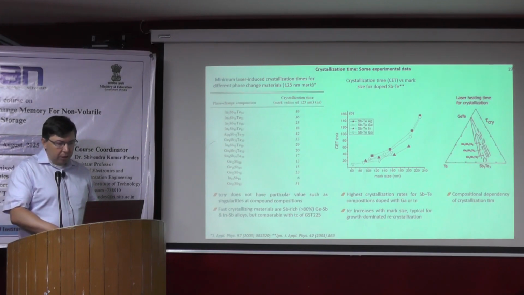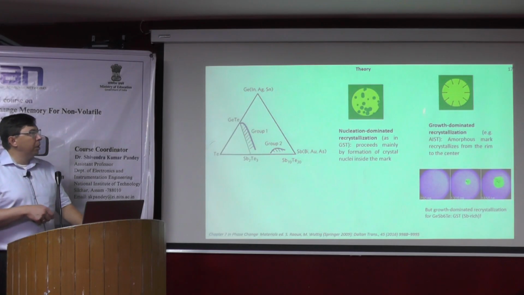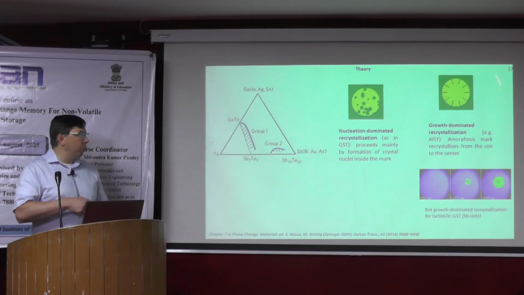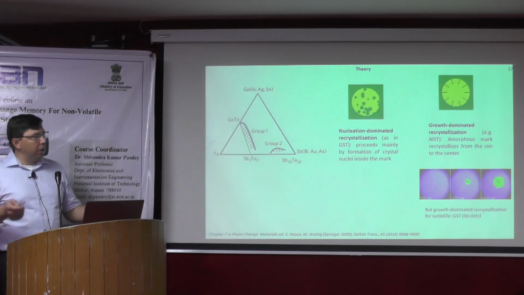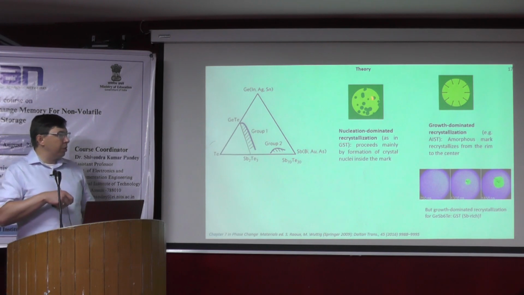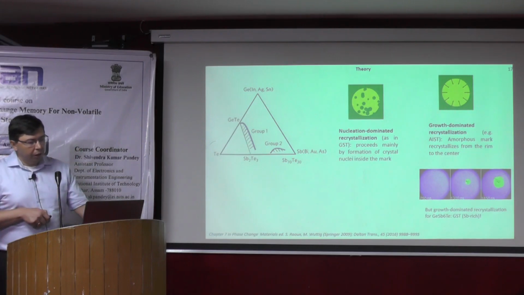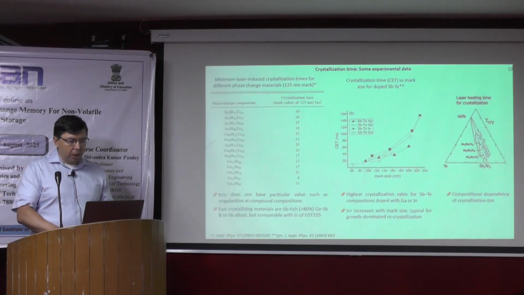So in the literature, you find sometimes that for growth-dominated materials, the kinetics of growth-dominated materials, they stated that the crystallization occurs much faster, because if you have crystallites, it can grow very fast, and there may be advantages for using them for phase change materials. But in phase change devices, phase change memory materials, the industry still uses GST 2 to 5 or 1 to 4. Of course, they make a doping to improve the endurance here, and this can be understood from the